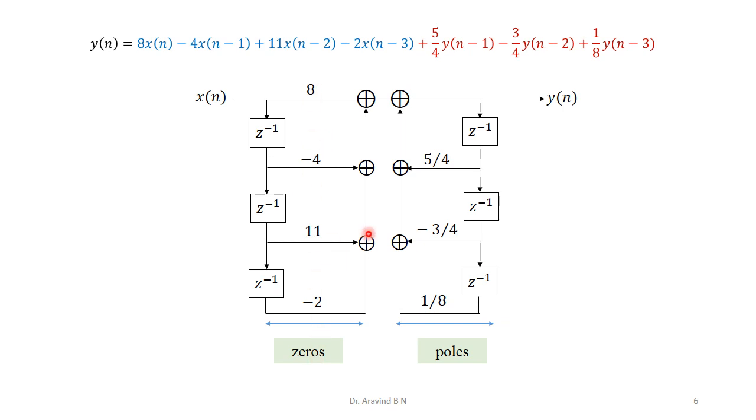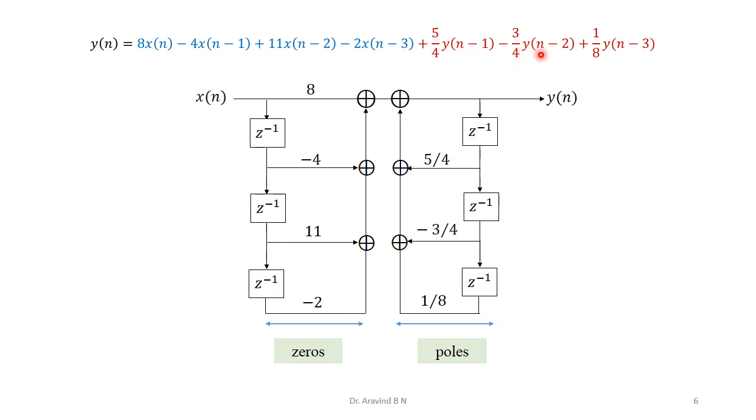in the first part. In the second part we are going to realize the poles, that is the terms with respect to y. So this is y of n, that means at this point also we have y of n itself. Identify y of n minus 1. So from here take one delay element, then at this instant we have y of n minus 1. Multiply that with a coefficient 5 by 4. Now add it with its previous values, that is whatever values we have realized till now. Therefore one more adder is used over here and it will be added with its previous values.